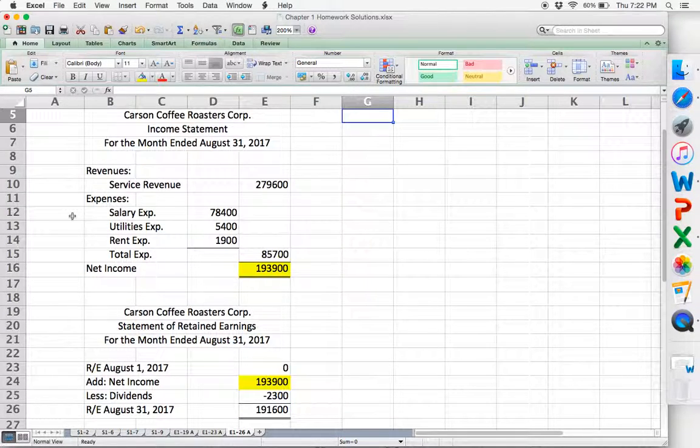So in your income statement, you always have your revenues and your expenses. So we're listing out our service revenues here, and we're moving on to our expenses, and you do a little working column here, so that way you can add up all your expenses together to get your total expense, which you push over to your final column. And then to get your net income, you subtract your total expenses from your service revenues or whatever revenues you've had for that period to get your net income.